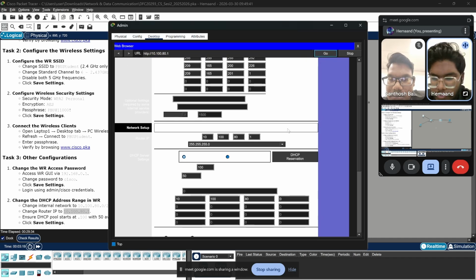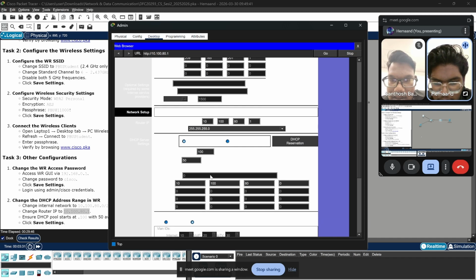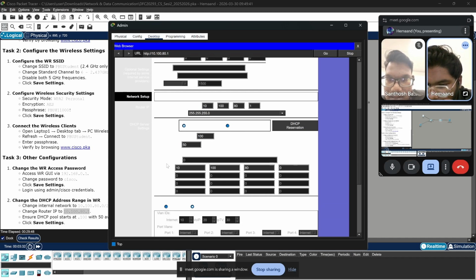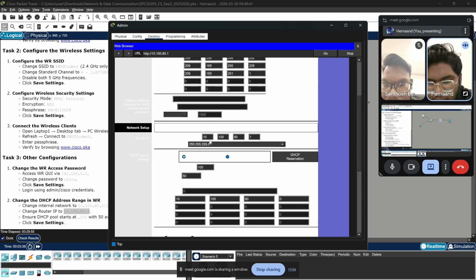Once you're here, you have to change your router IP to the one that's given here, which is 10.100.80.0. This is your internal network. The router IP is this part here, which you have to change to 10.100.80, and your host would be 1. And make sure